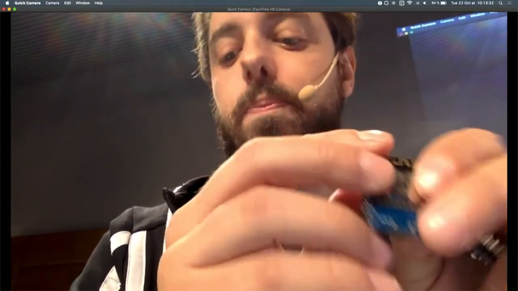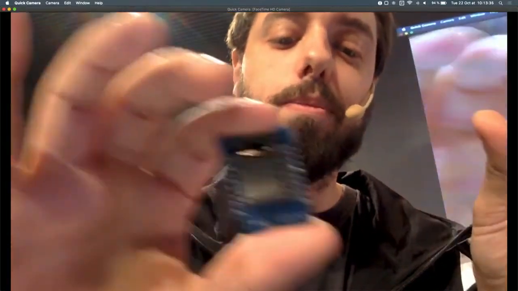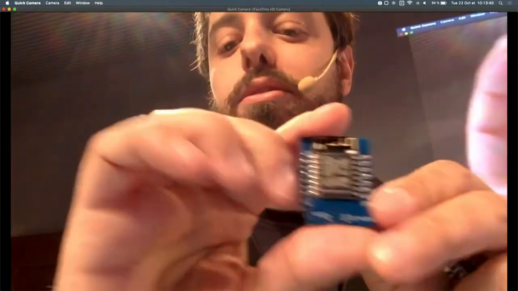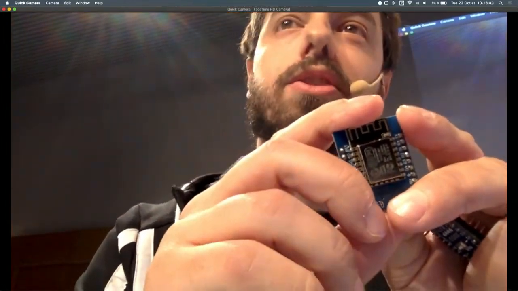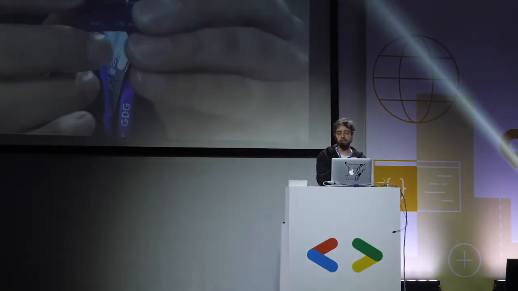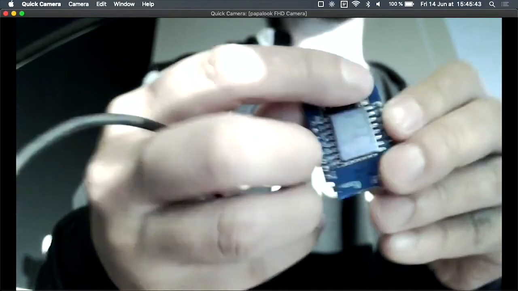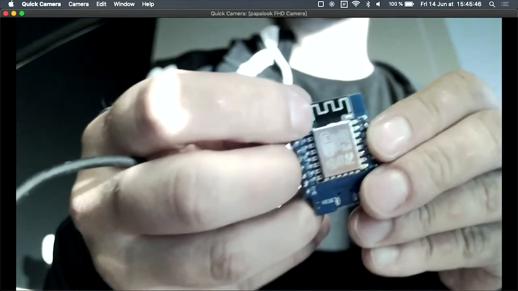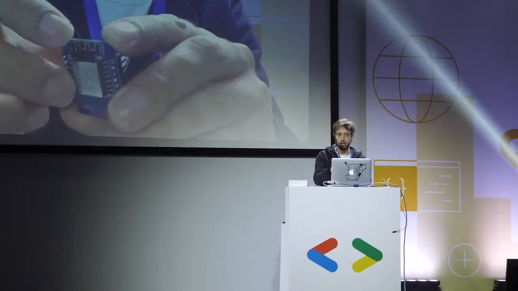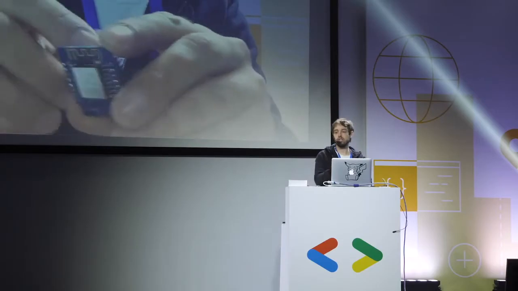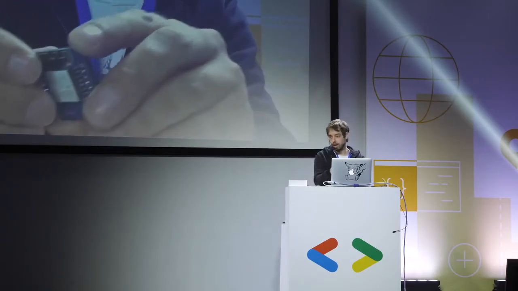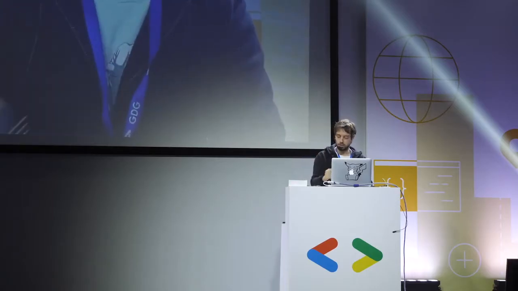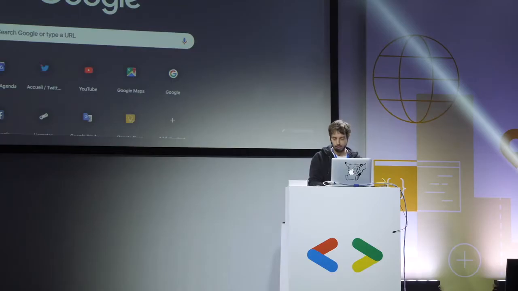One of the advantages of the ESP compared to the Arduino is that it goes from 16 megahertz to 80 megahertz. So it's much faster, and it features 64 KB of RAM. Another feature of the ESP is this part, which is actually a Wi-Fi antenna, which means that this microcontroller has a Wi-Fi stack, so you can connect it to the cloud. You can connect it to your own servers. You can use TCP, HTTP, MQTT, whatever you like, to connect that microcontroller to the internet. So that microcontroller is pretty cool, the ESP8266.